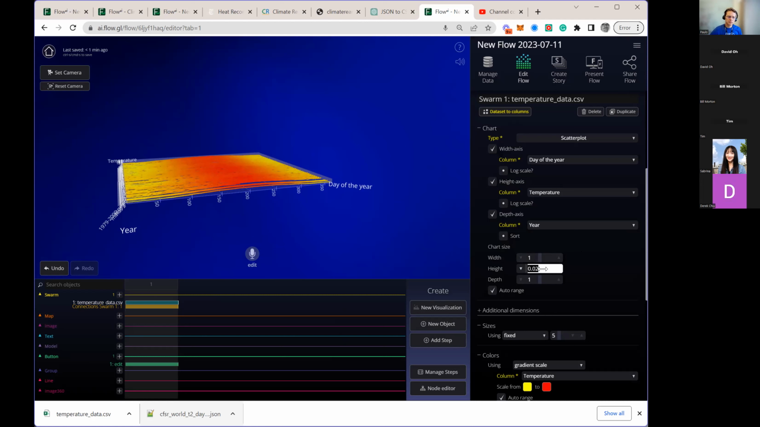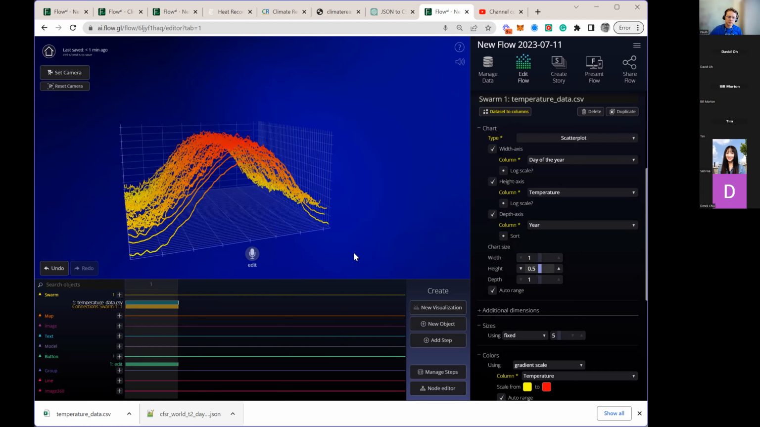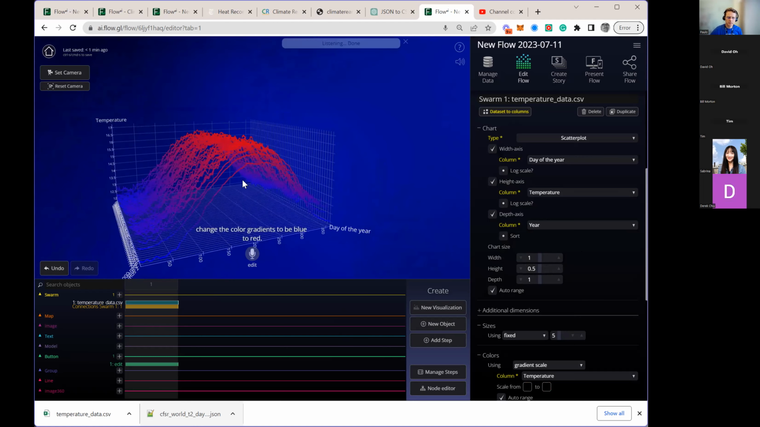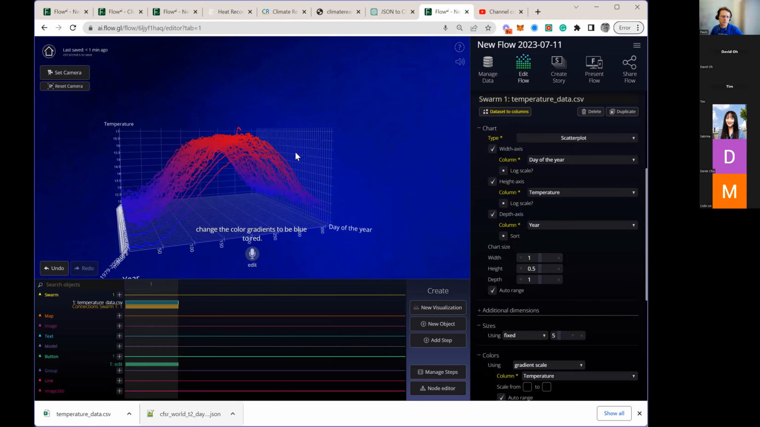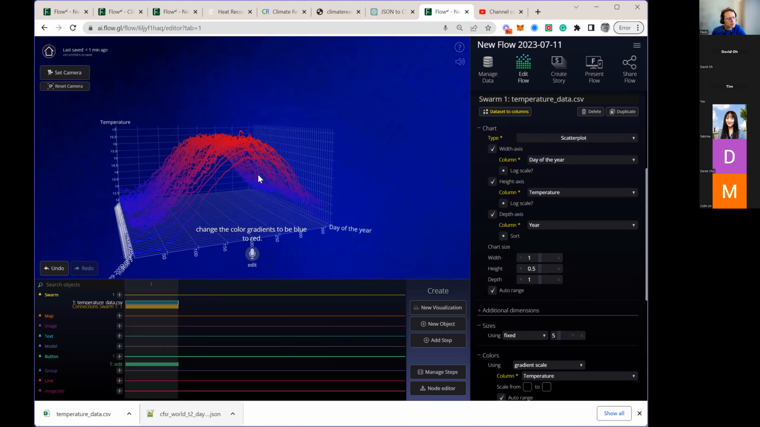Right. Okay, so I'm just going to move forward on that. Let me try one other thing. Change the color gradient to be blue to red. Which it just did. Okay, so obviously there's much more that can be done and to do here, but